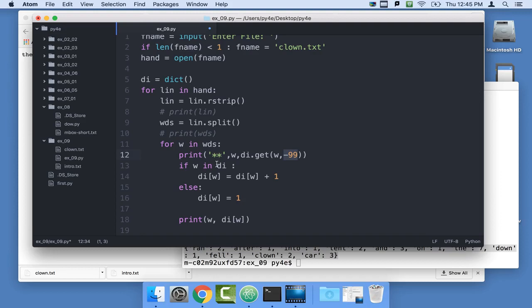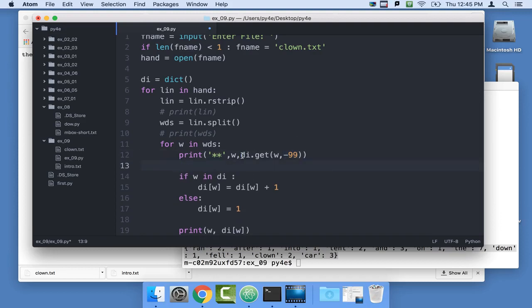So this is in effect an if-then-else, right? This little di.get(w, -99) is, you know, if it's in there, do one thing. If it's not in there, do something else. Okay, so let me show you how this works, and you'll see that the 99 will happen when